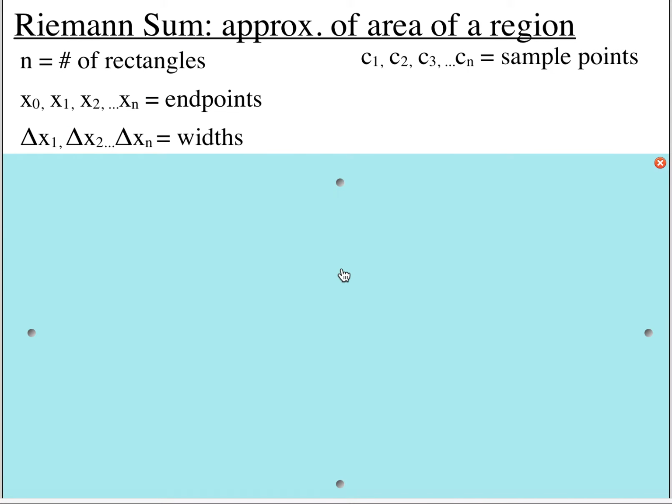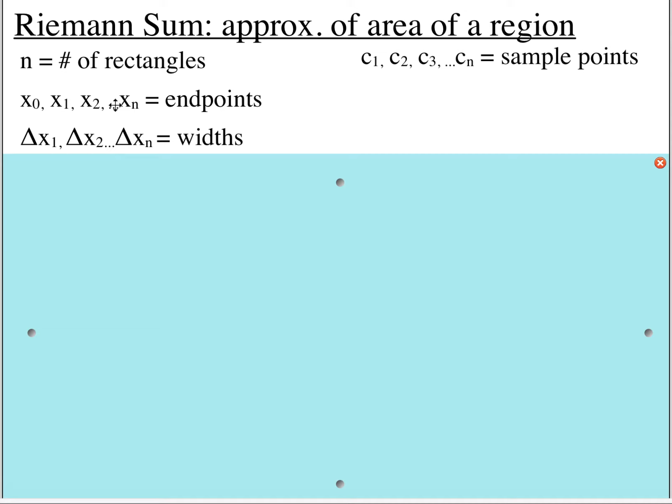So a couple things about notation first. Some of this is going to be familiar from trapezoids. N is going to be the number of rectangles. So if we say to use a Riemann sum where n equals 4, that would be 4 rectangles. If we said to use a trapezoid rule where n was 3, we'd use 3 trapezoids. So that's the same. N represents the same number of shapes that you're going to be using to approximate the